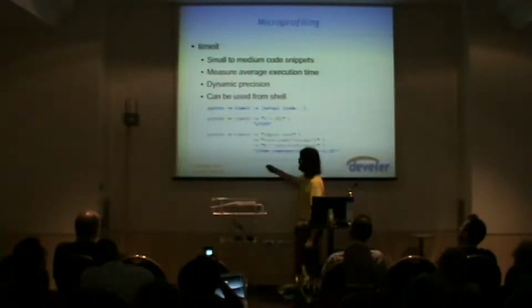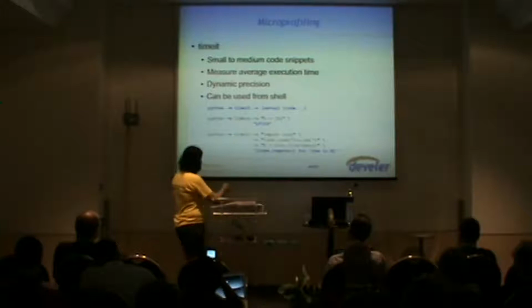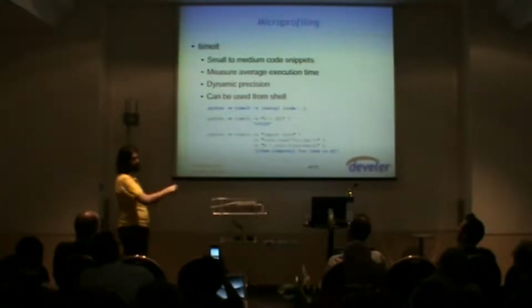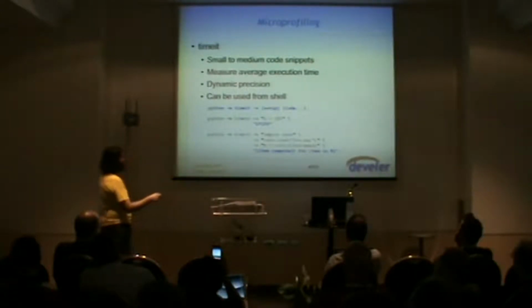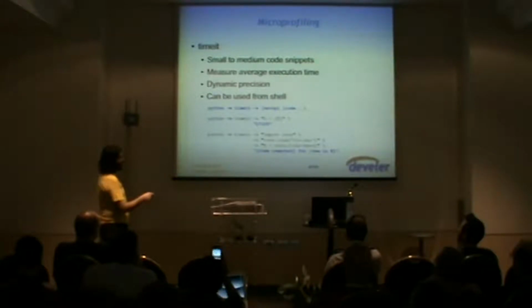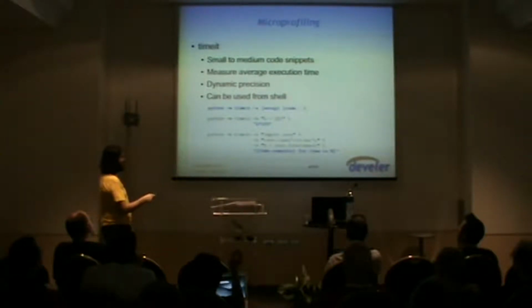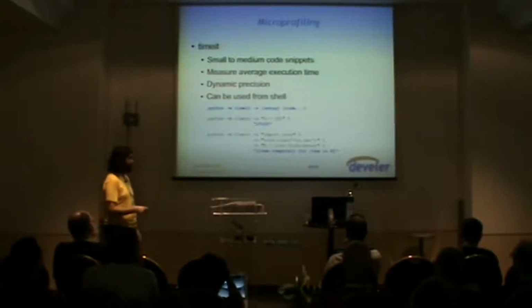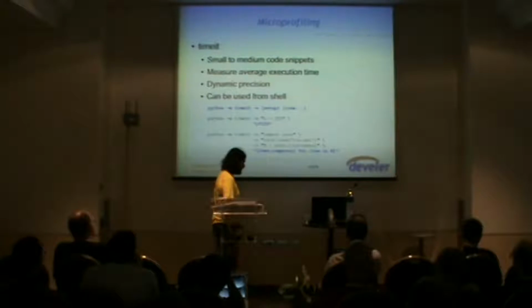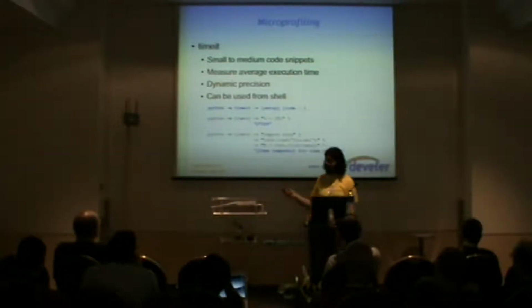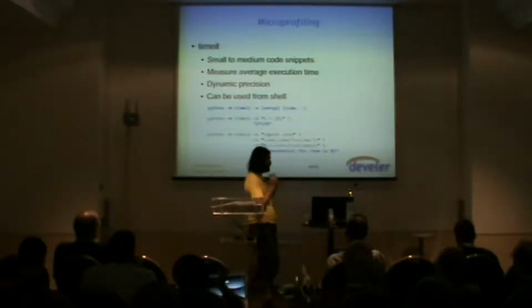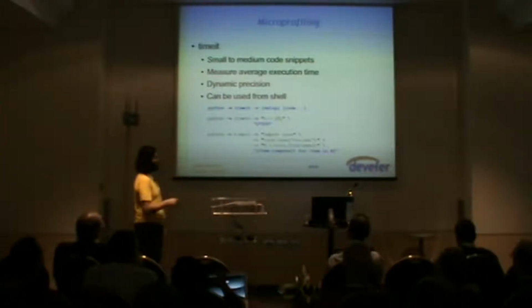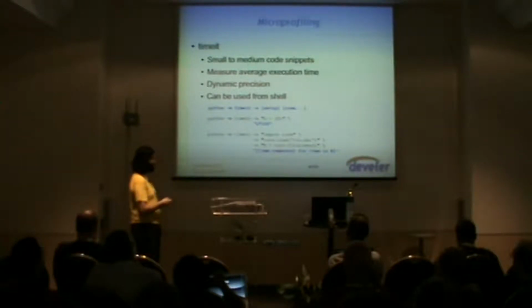You just need to say python -m timeit, and then you can pass one or more setup statements, which means you set up the environment before doing the profiling, and the setup statements have a -s in front of them, okay? And then you pass it one statement that you want to evaluate, or is it an expression? No, it's a statement. Oops, I'm confused. It's either a statement or expression. I just can't remember right now. But anyway, you pass it the code that you want to profile, like this or like this.